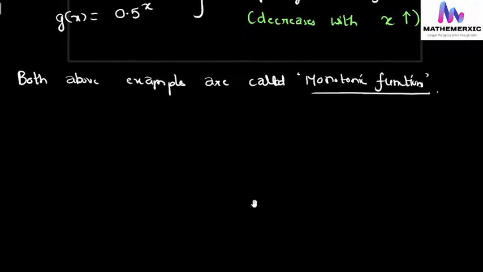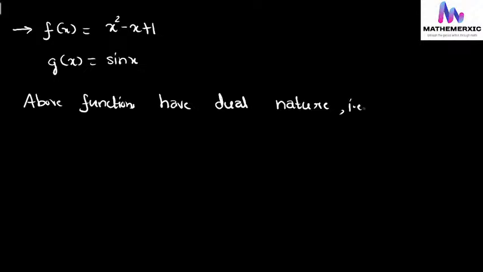Okay, now let us say functions like f(x) is equal to x square minus x plus 1, and let us say one more function, that is g(x) is equal to sin x. The above functions have dual nature, that is, they increase in some intervals